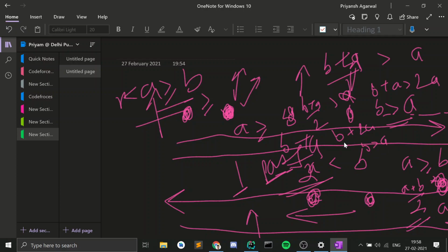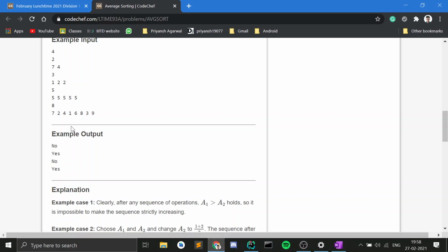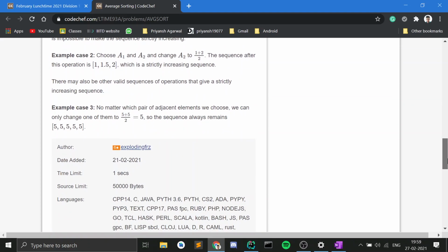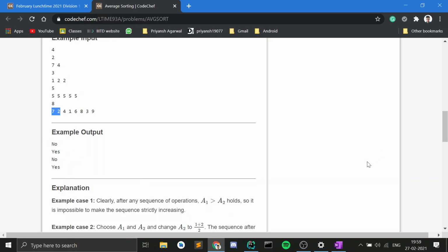Okay, so if we had 7 here, then we could have done (7 plus 2) by 2, and we could have decreased 7 at this point. Yeah, we can decrease 7, that is fine. But if we wanted to increase, then the second number can never increase, right? So if we have 7 and 2,